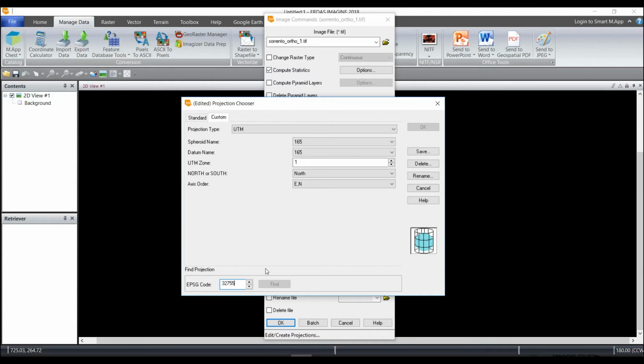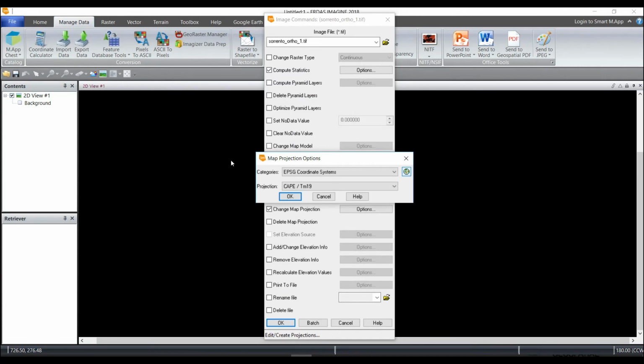32755. Now I need to click on the Enter button on my keyboard to activate Find. Then I'll select the Find button, and it's going to select the exact projection of this EPSG code. So I'll click OK, and then OK again. So now that I have entered the correct EPSG code,